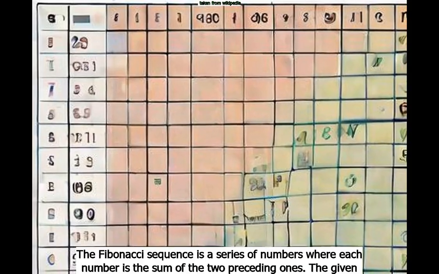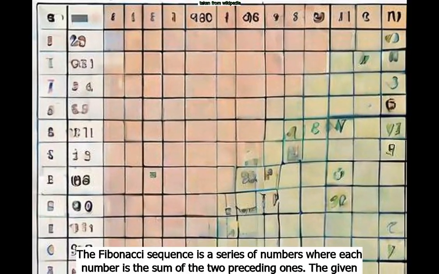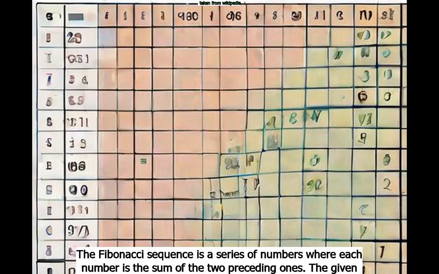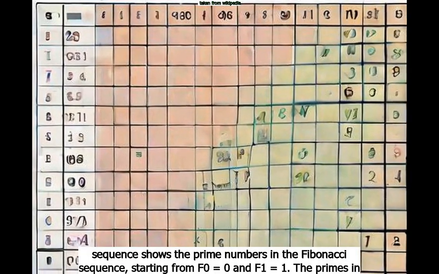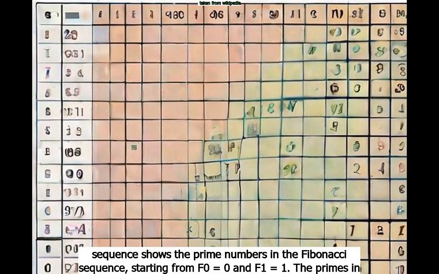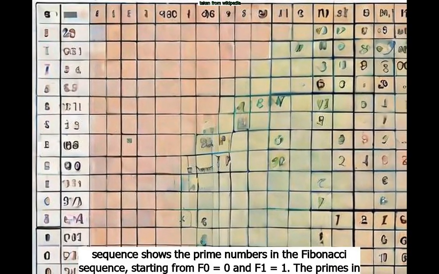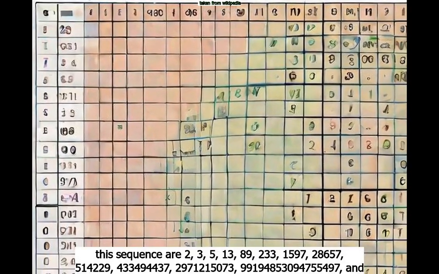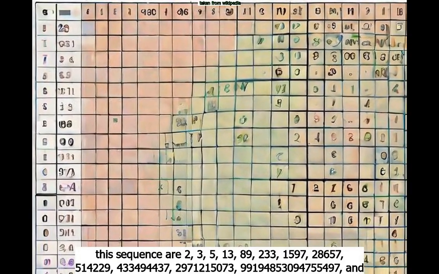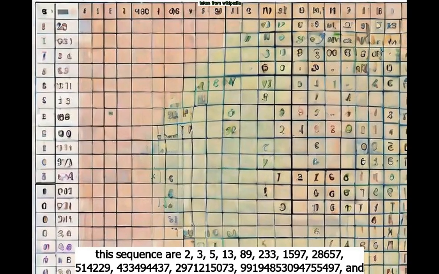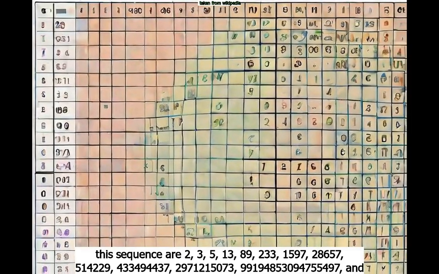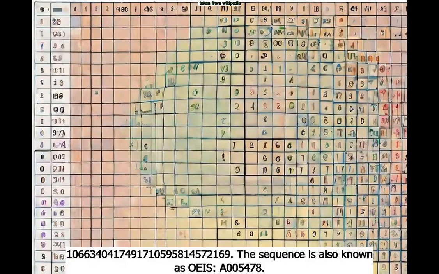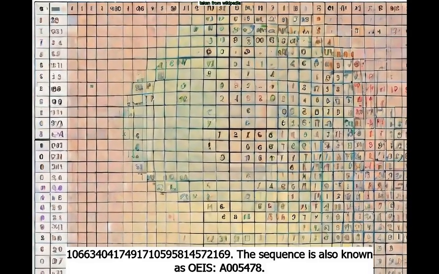The Fibonacci sequence is a series of numbers where each number is the sum of the two preceding ones. The given sequence shows the prime numbers in the Fibonacci sequence, starting from F0 equals 0 and F1 equals 1. The primes in this sequence are 2, 3, 5, 13, 89, 233, 1597, 28657, 514229, 433494437, 29712150073, 99194853094755497, and 106634041719510595814572172169. The sequence is also known as